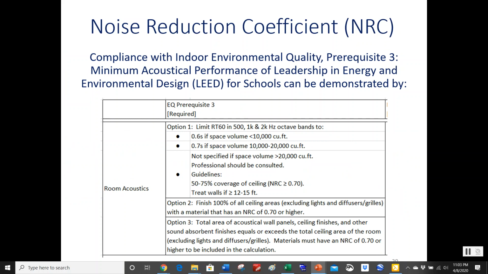So here we have LEED criteria for schools. So our new Norma Bjornsson Hall is LEED certified. I think it's LEED Platinum if I remember right. But as part of LEED for schools, any space where the main purpose is instruction, you have to meet